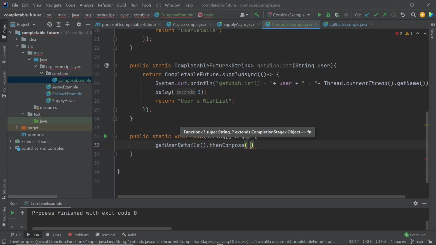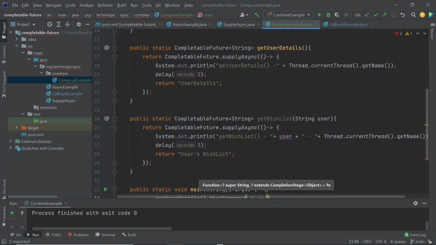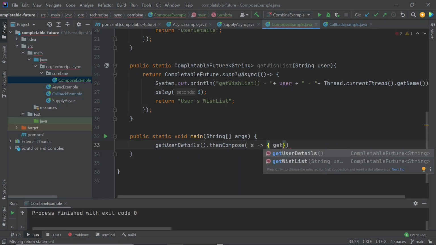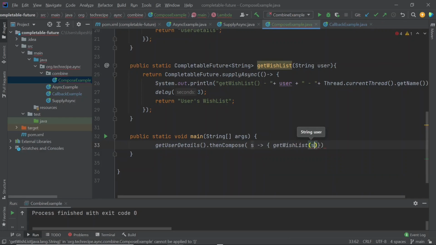The argument to this function will be the output of the first asynchronous operation. Our first operation returns a string, so we get the user detail as a string, and that we can pass to getWishList and return the output.